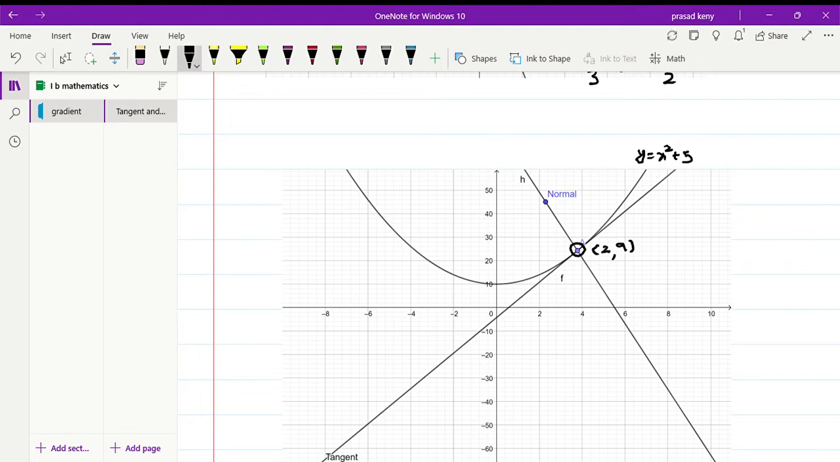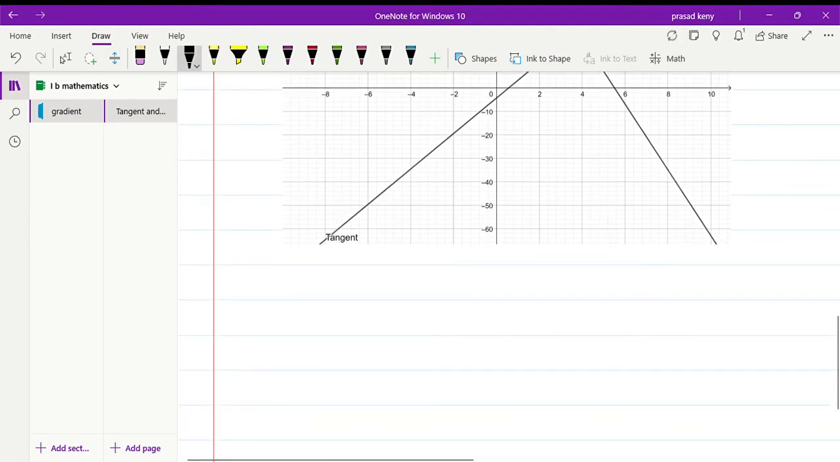And at A, we have drawn a line perpendicular to the tangent. So that is called the normal. Now in our case, the gradient of the normal will be how much? So as you have seen just now, if two lines are perpendicular to each other, then the product of their gradients is -1. So I can say gradient of normal